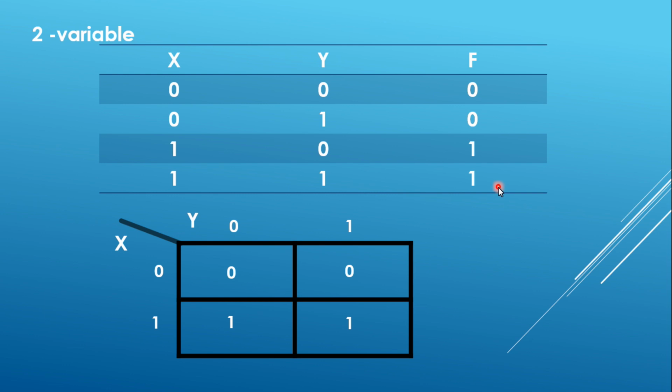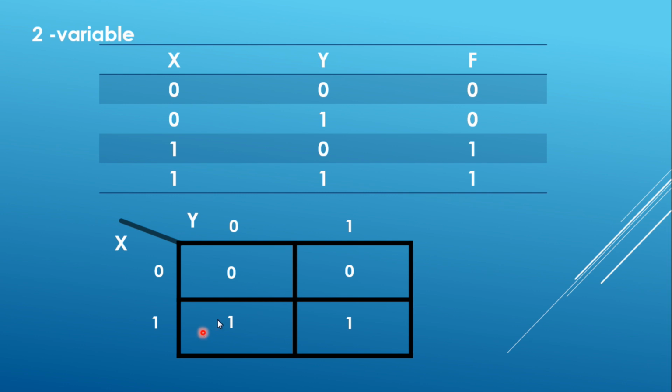So how do you represent it using the Karnaugh map? First of all, what is important is how you plot it. There are two variables, so the x variable will be represented horizontally, and the variable y will be represented in columnar form, correct? So x can have what values? It can have either 0 or 1, correct? And y can have what? 0 or 1. So what are the different combinations possible? 0 0, then 0 1, 1 0 or 1 1, correct?